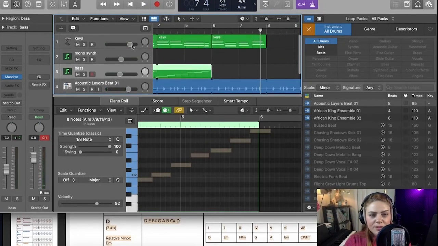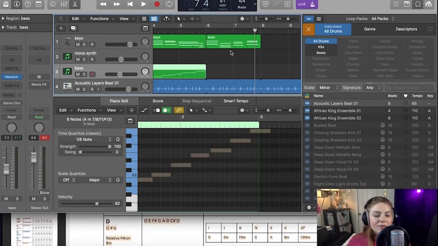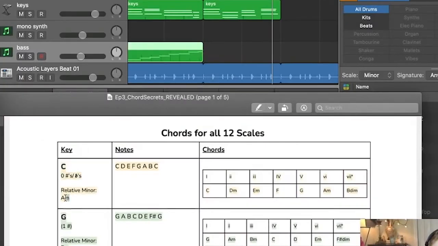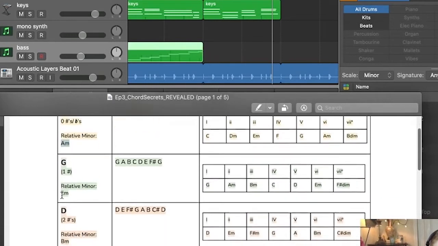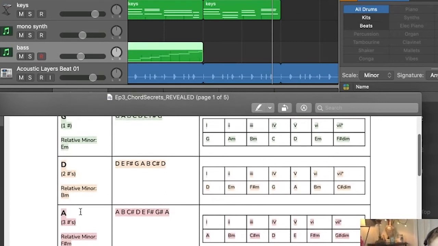Okay, cool. So we've done that. Two more things you can do. You can use chords from other scales. The very easiest way to do that is to take a look at your scale, A minor, 0 sharps, 0 flats, and you can just make it major. So you go to your A major chords: A major, B minor, C sharp minor, and you can add those chords